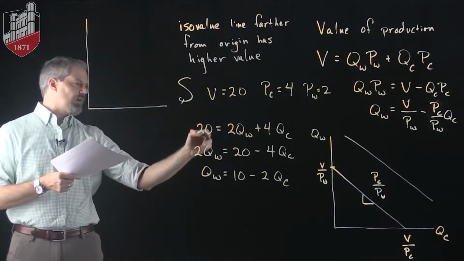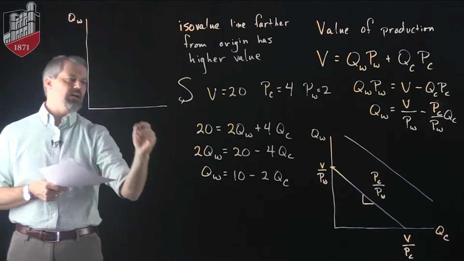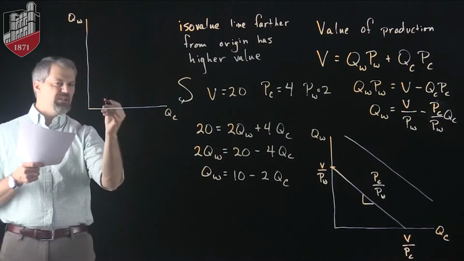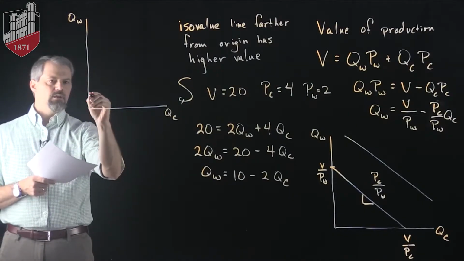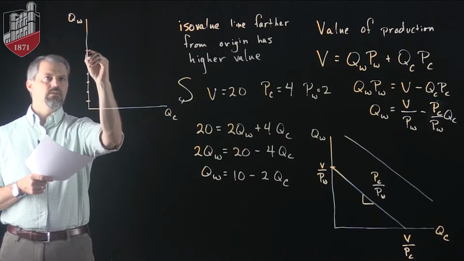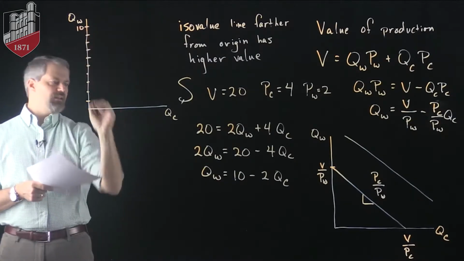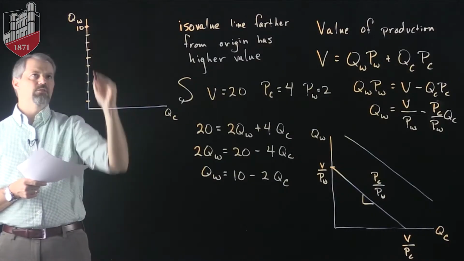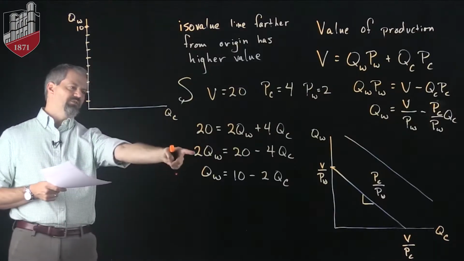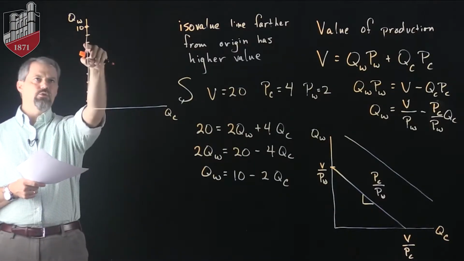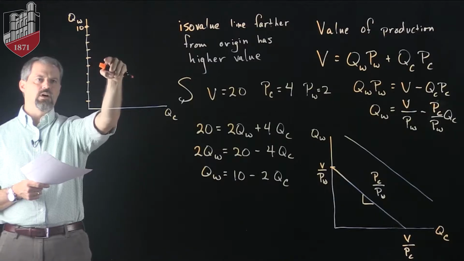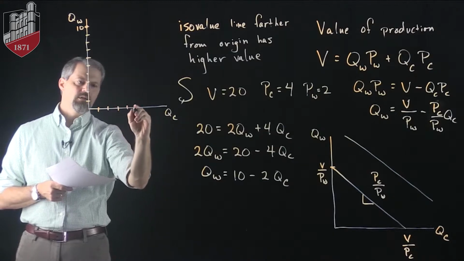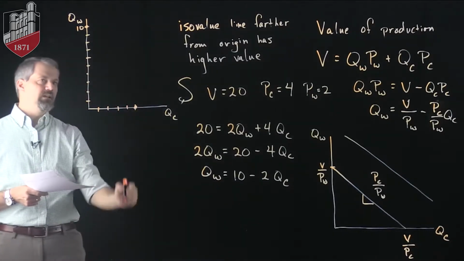Let's put our quantity of wine again on our vertical axis, quantity of cheese on the horizontal axis. I'm going to be careful about my units here. 1, 2, 3, 4, 5, 6, 7. So there's 10, which is my vertical intercept. So right up there's where this ISO value line starts. It has a slope of -2. So I go down 2 over 1, down 2 over 1. By the time I've gone down 10, I will have gone over 5. So there's the other end of that ISO value line. It's linear,